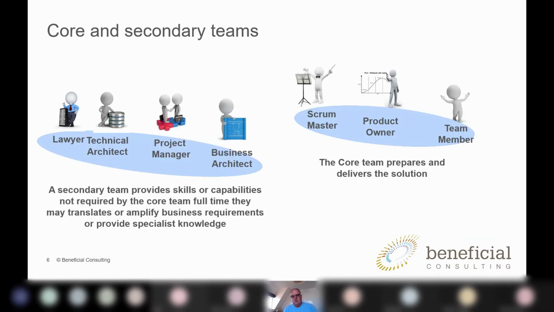So if we go back to Scrum's basic construct of a Scrum Master, a product owner, and a team member, we're talking about that number being less than 10 according to the Scrum Guide. I think you can go rather bigger depending on your requirements.